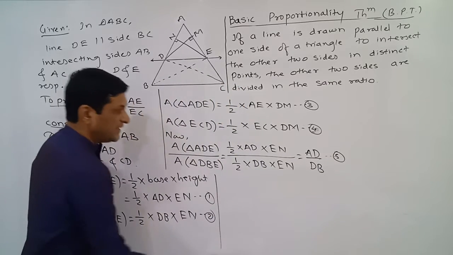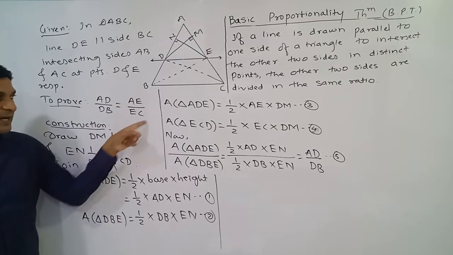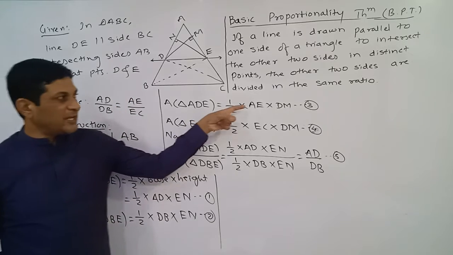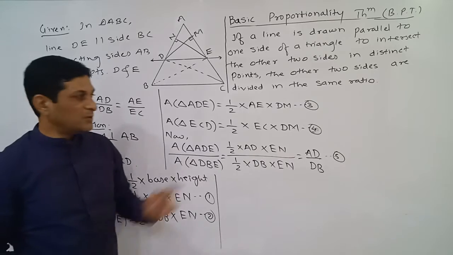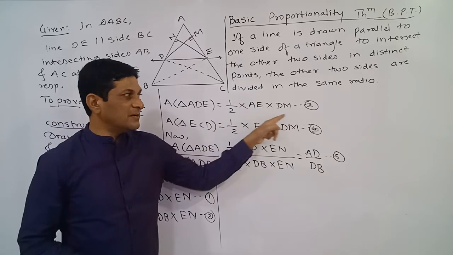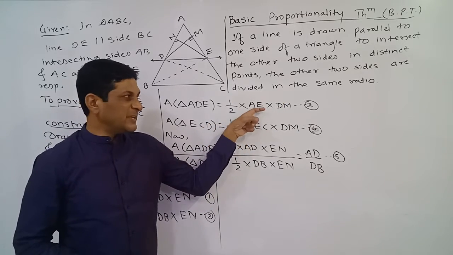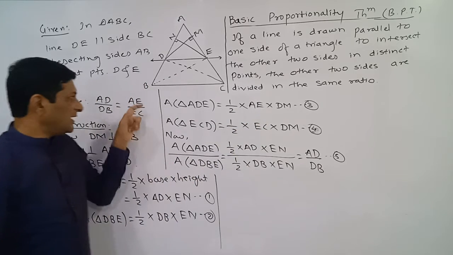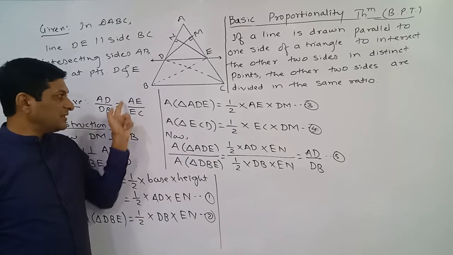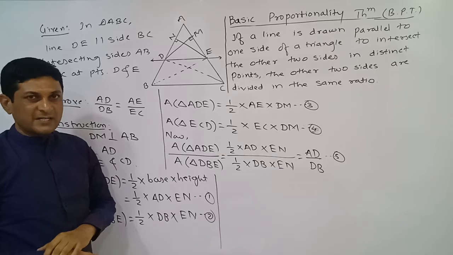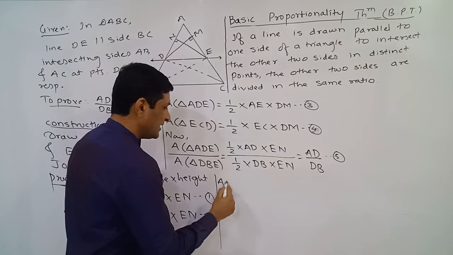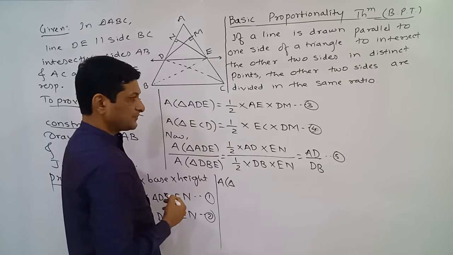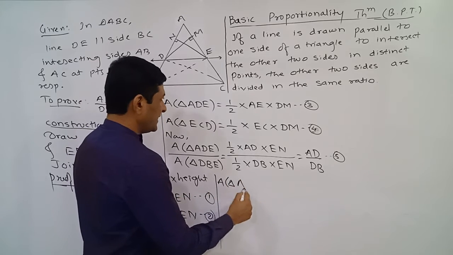Now to get the value on the right hand side, we are taking the ratio of the area of these two triangles. If we are taking its ratio, half will get cancelled, DM will get cancelled. What is the remaining part? AE upon EC. AE upon EC. So to get the right hand side of our required result, take the ratio of the area of these two triangles. So the area of triangle ADE